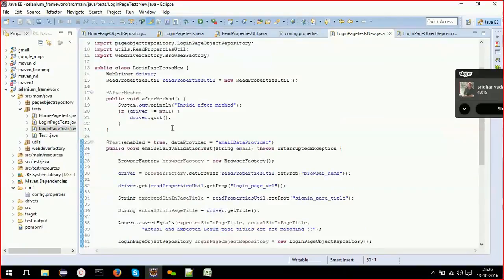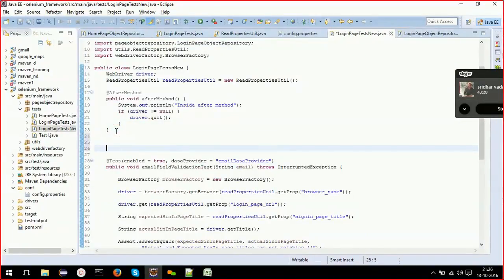Okay. So if you remember, when we had TestNG sessions, I have explained data provider. So what is data provider? Data provider is a method which passes test data to your actual test line by line.